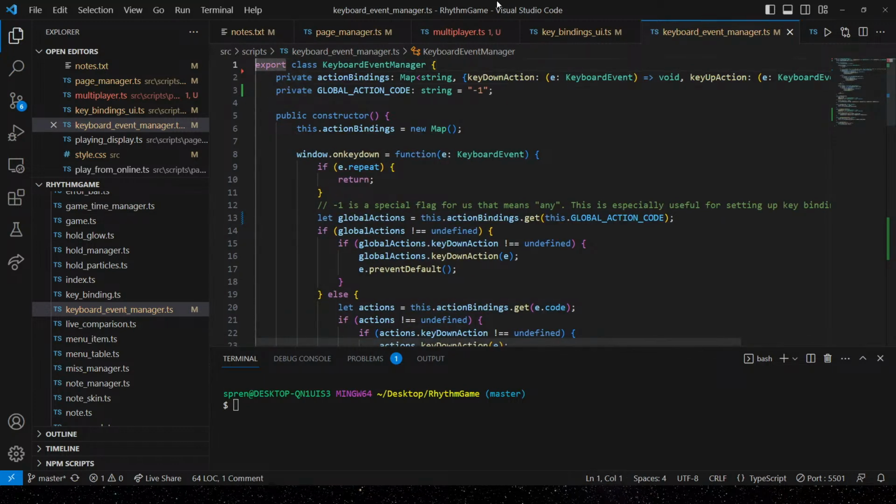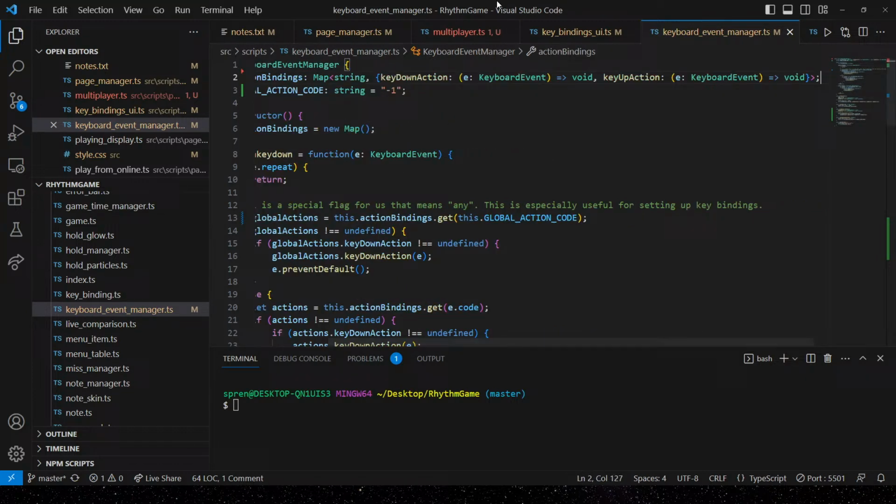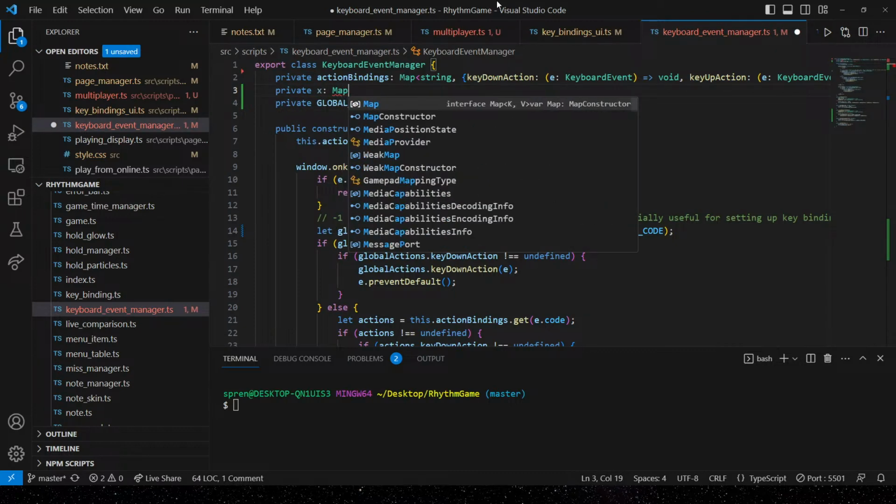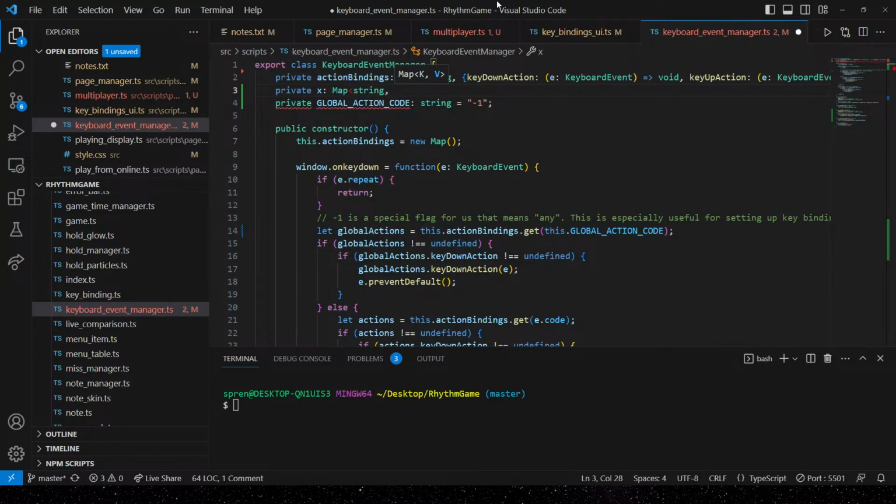God, I really don't want to do a map of maps here. I so don't want to do a map of maps. I think that's literally my only option. Okay, what would it be? It would be a map of string to